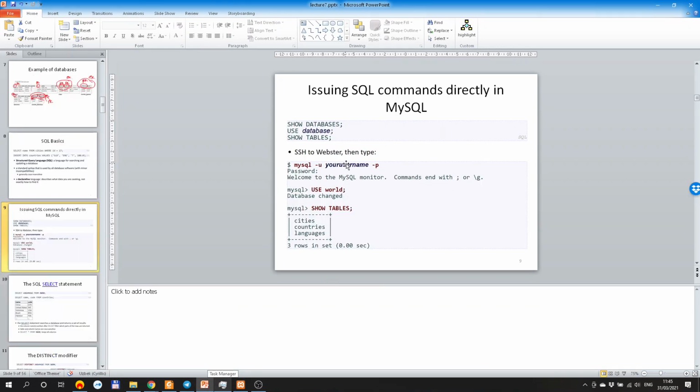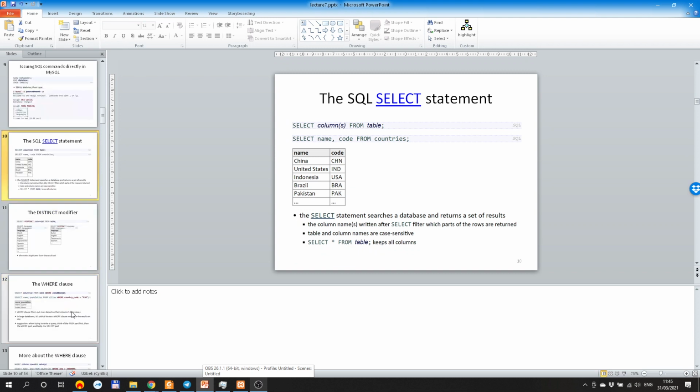first show this is how you can connect to the database from the command line. Just write MySQL and your username, and then -p. It will ask for a password, and you can use my world, and then show the tables and everything. You can do the same thing in the console. So this is a simple select statement. In the select statement, you can project the columns and then specify